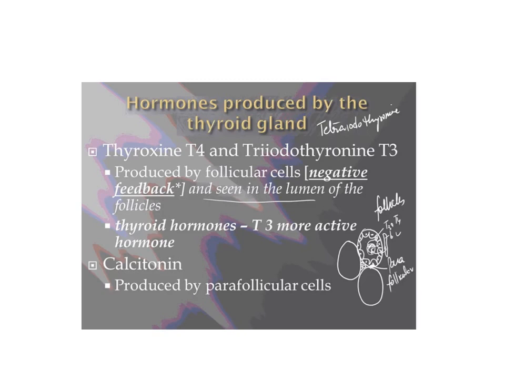Now, what are the hormones produced? We have already said T4 and T3, tetraiodothyronine and triiodothyronine. Tetra is the inactive form and triiodothyronine is the active form. There is a negative feedback mechanism by the TSH secreted by the anterior pituitary. The other hormone is secreted by the parafollicular cells, which are present between the follicular cells and the basement membrane, and they secrete calcitonin.